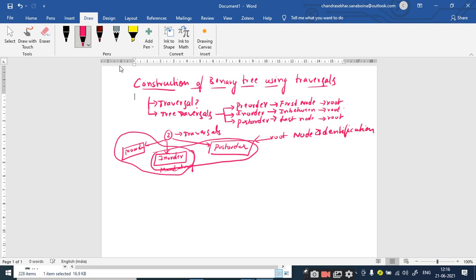As we know that in pre-order traversal the root node will be the first node, and in the post-order traversal the root node will be the last node. So when you are given the pre-order traversal, you take the first node and you fix it as the root node. And when you are given the post-order traversal, you take the last node and you fix it as the root node.